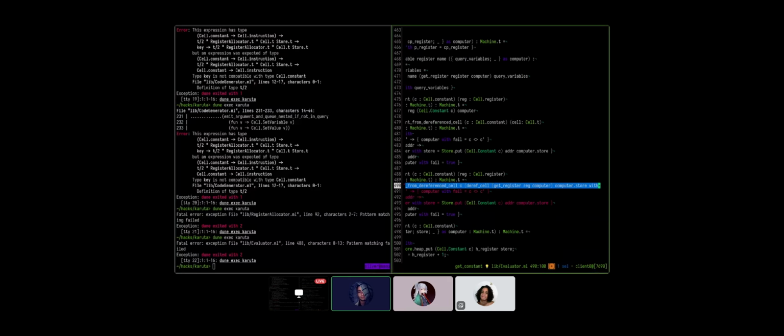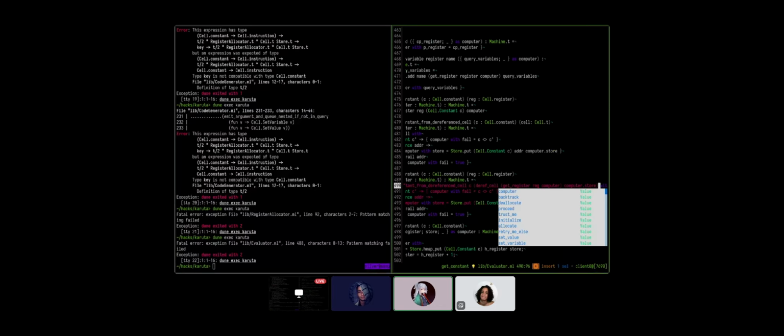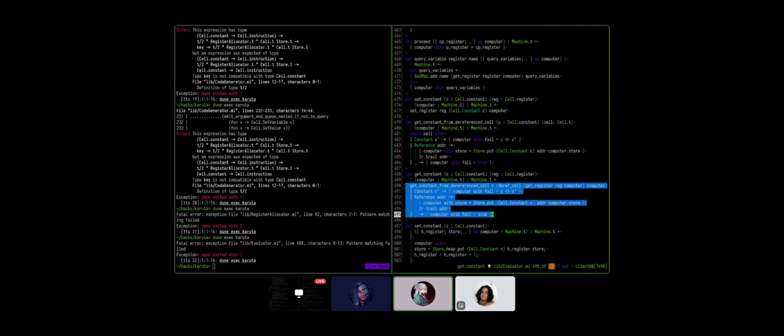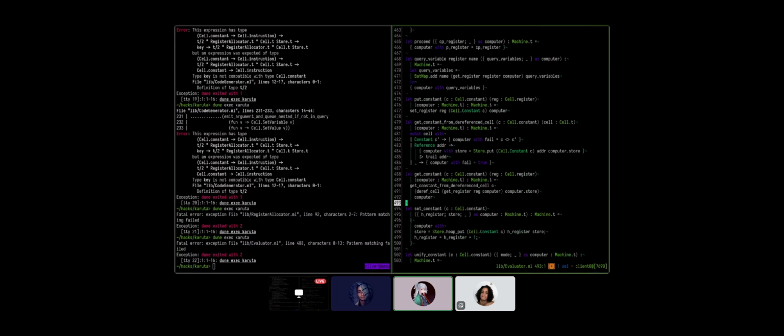C, and then we need the cell. Remove. We need the constant, we need the cell, and we need the computer actually. Yeah, but now everything else can go away. Done. Yeah, so extracting just the pattern matching. That was the best way.